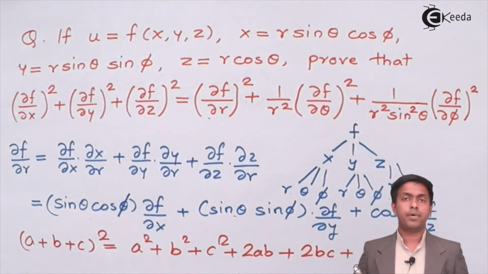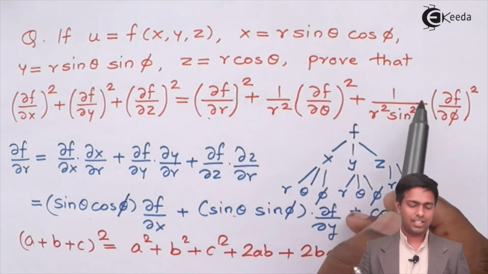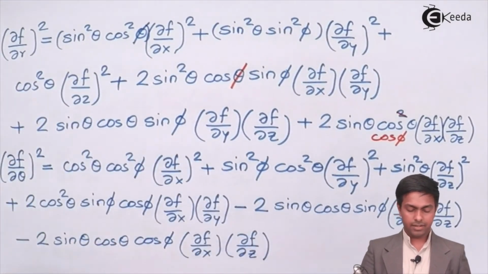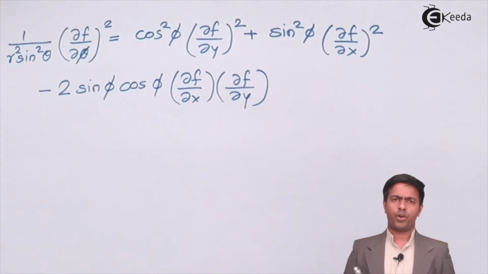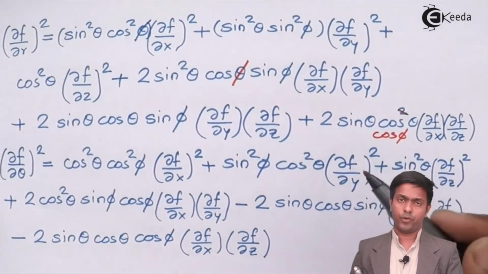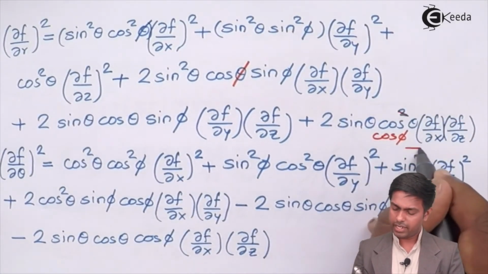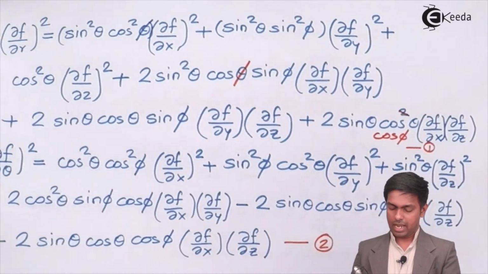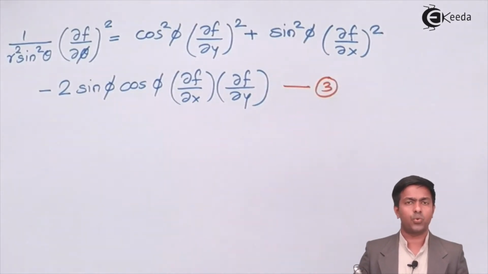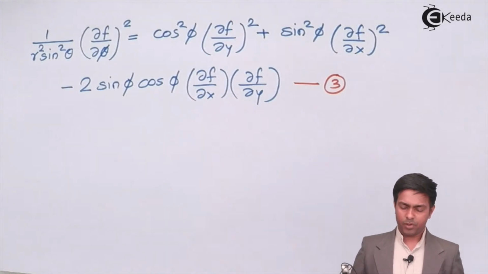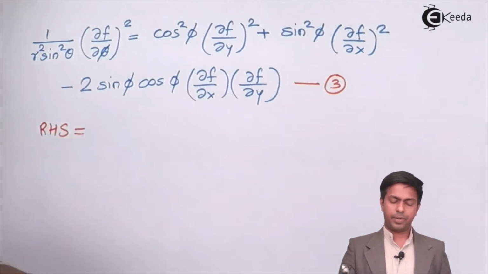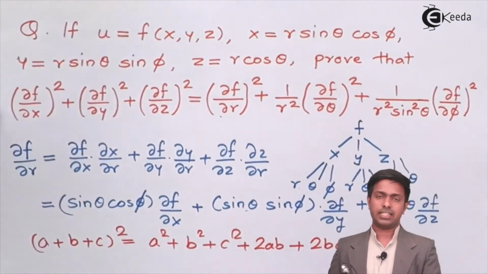Now guys, last step, that is we'll add these three terms. So here the answer of the first term is given here, the answer of the second term is here, and here we have the answer of the last term. Now what we have to do is add these three results. If you want, you can call this equation number 1, this one 2, and this one 3. So it means we have to add the results number 1, 2 and 3. So now we'll add it. Here I'll just say it is RHS, because if we add these three terms, that becomes the RHS of our question. Now guys, let's start the addition.